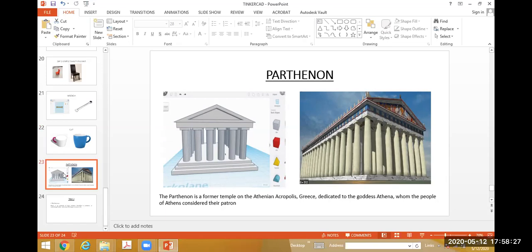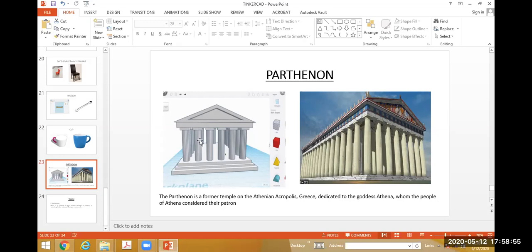So this is actually a Parthenon. Okay, so you can see a number of columns, and in the columns you can see there are some curved-like structures, shapes. First you have to create this one column, and then you have to duplicate it in the y direction and in the x direction.